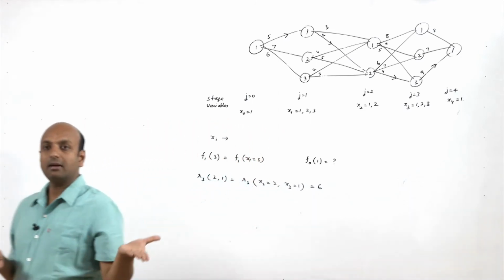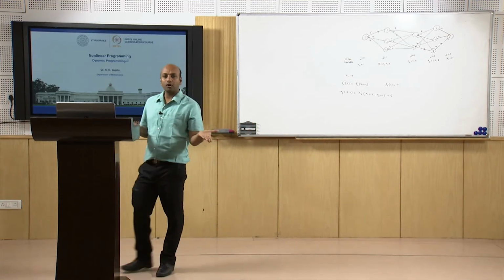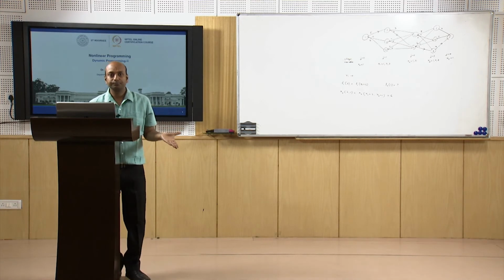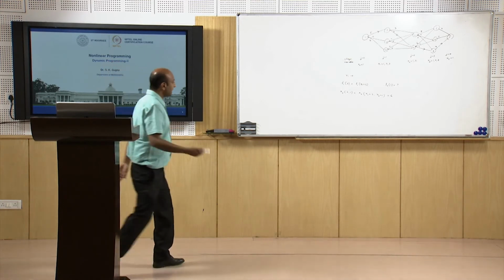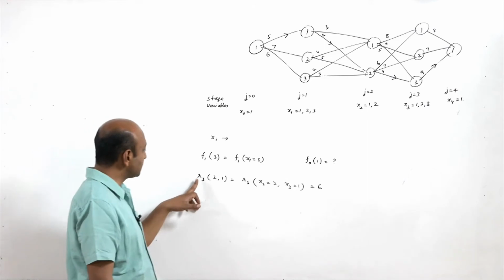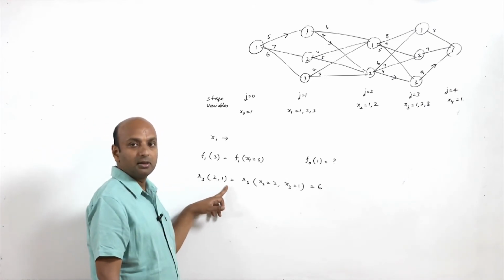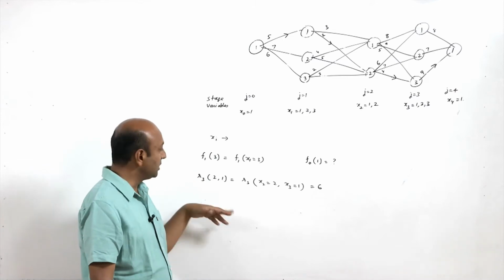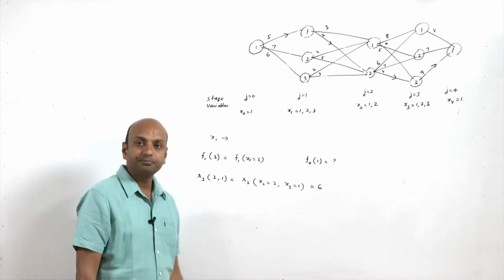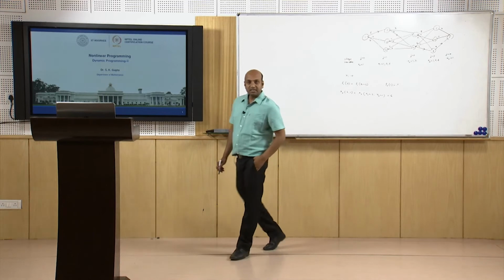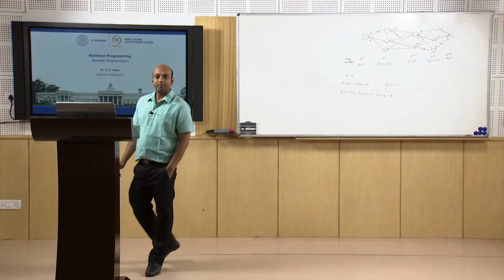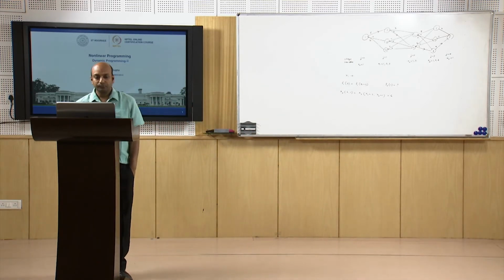Like dij in the backward or forward recursion, in the same way here we define r j plus 1 x j plus 1: the arc length from xj in the jth stage to x j plus 1 in the j plus 1th stage.